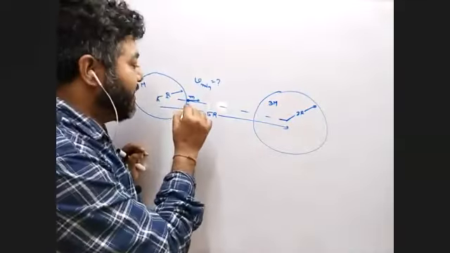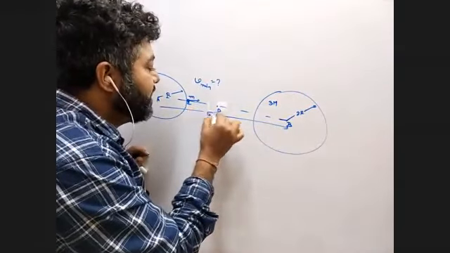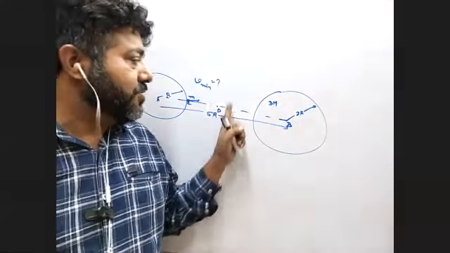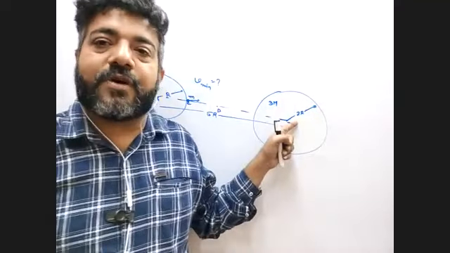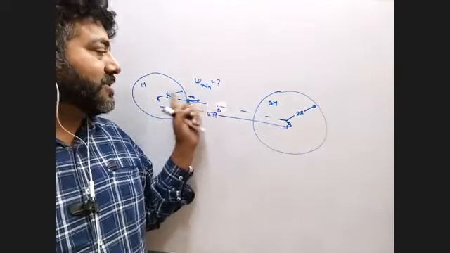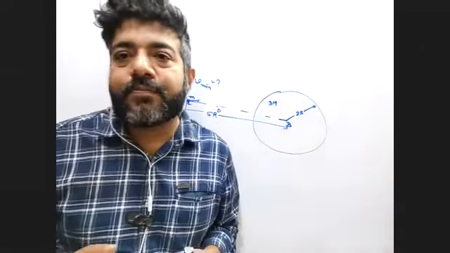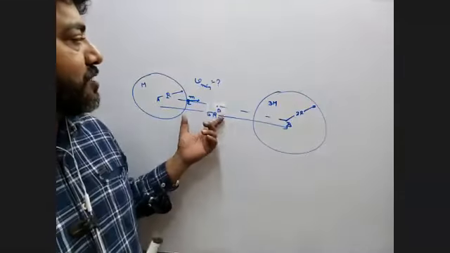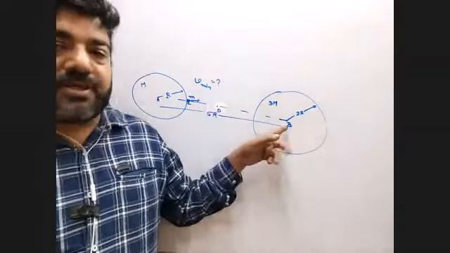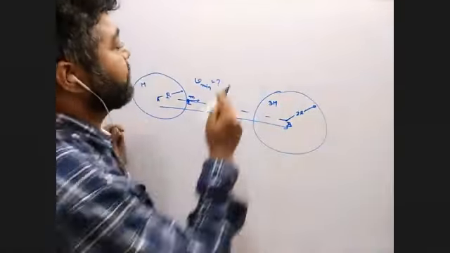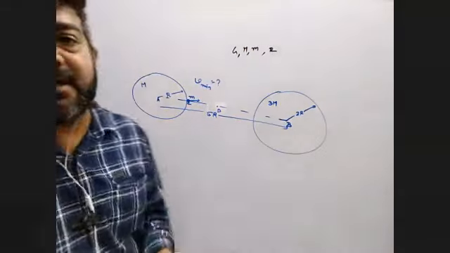Minimum means, suppose here this is point A, this is point B, this is point C, somewhere here you have to find the point where the gravitation is 0. If you move beyond that point, then it is in that gravitational field and will easily move on to that planet. If it is less than that, it comes back to the first planet. So minimum means you just try to cross that position where the gravitational field is 0. So the question is the minimum velocity required so that the particle moves from this planet to the other planet. And your answer must be in terms of G, M, and R, because these are the only variables. So tell me the answer.